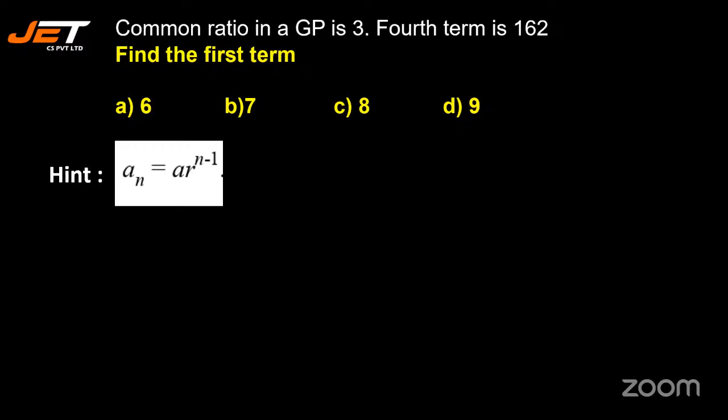See the next question. Common ratio in a GP is 3. The fourth term is 162. Find the first term. Okay. So common ratio means it is r. Right. So they say a4 is 162. Okay. So what is a4? a into 3 to the power